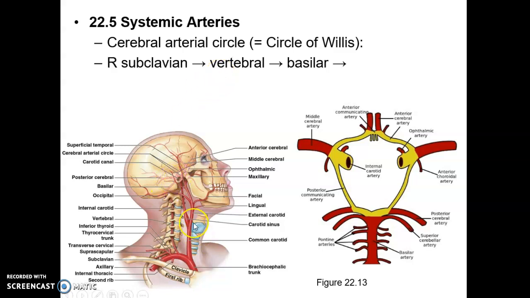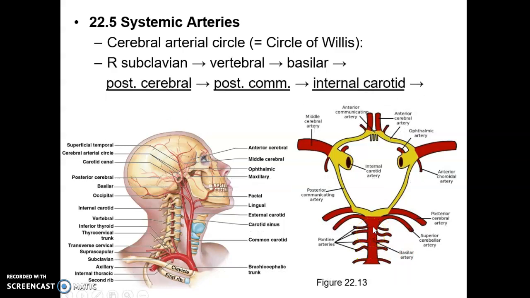The vertebral artery, both of them, merge into the basilar artery. All right, so brachiocephalic, subclavian, vertebral artery into the skull, merging into one basilar artery, because it's like at the base of the circle of Willis. Then from there, you get the posterior cerebral, So technically now we're in the